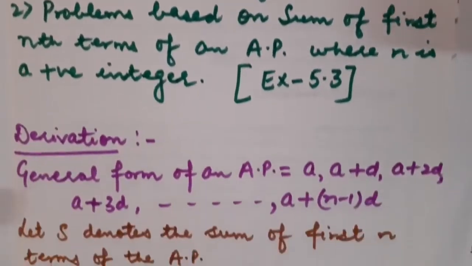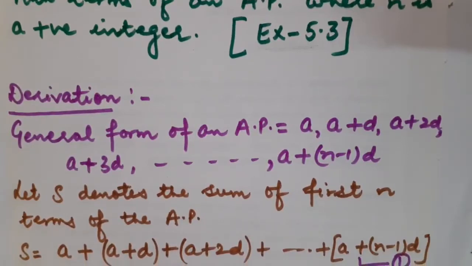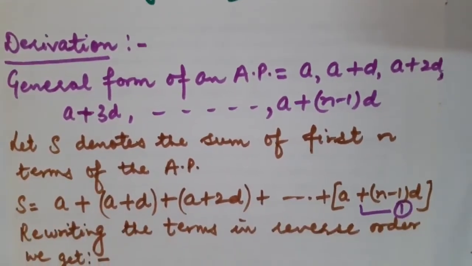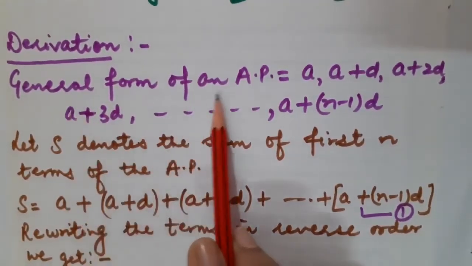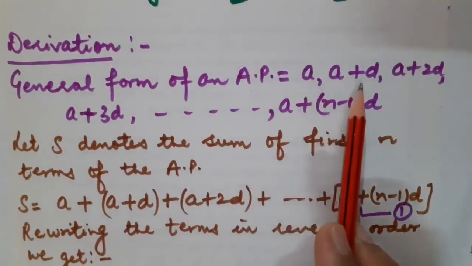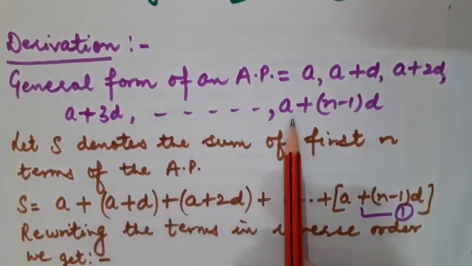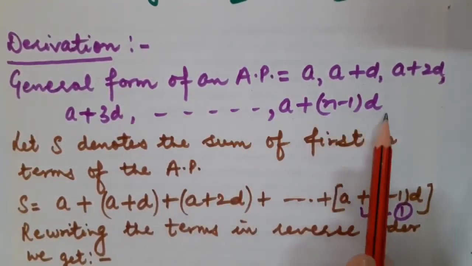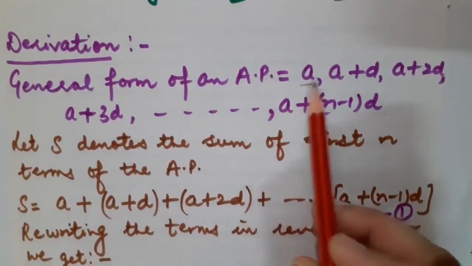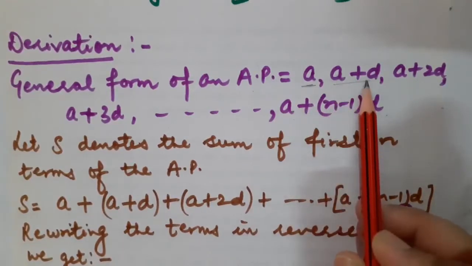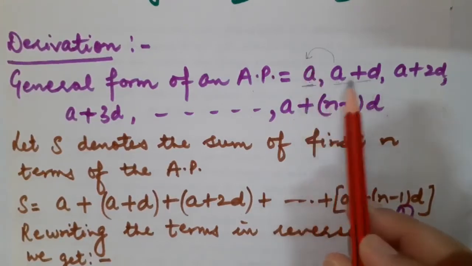So let us start the derivation. So this is the derivation of finding the sum of first n terms of AP. So what is to be done? The very first step, children, you must know about the general form of AP. So the general form of AP is A, A plus D, A plus 2D, A plus 3D, and so on. The nth term is A plus n minus 1 into D. Correct, student? A is the very first term. We call it A1 also. This is A2. How do we get A2? We add the common difference to its preceding term, that is A. So it will become A plus D.